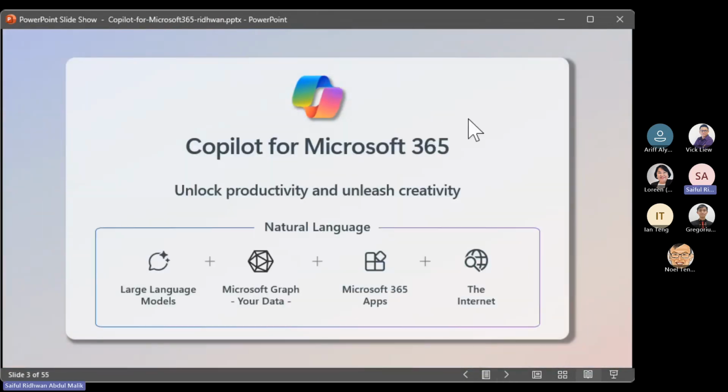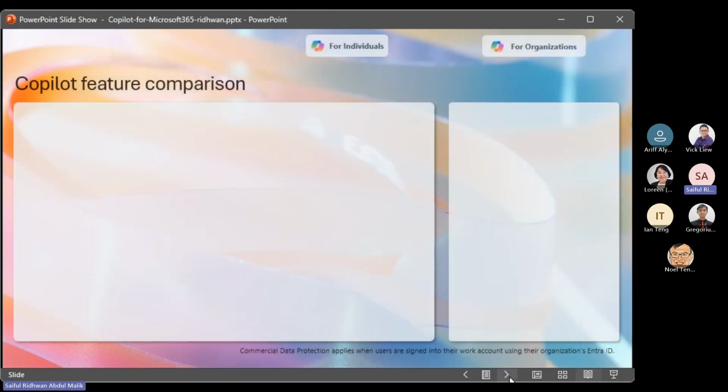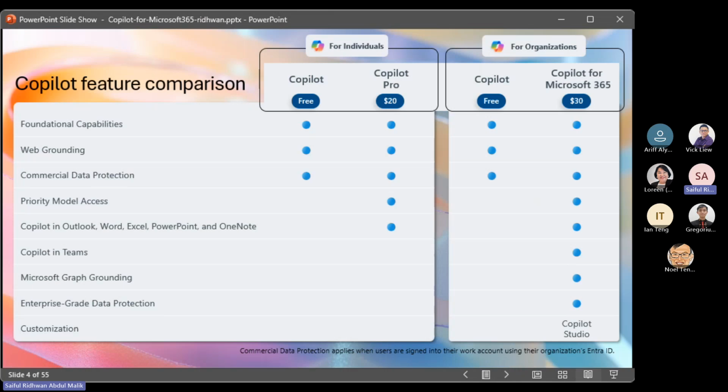So when you talk about Copilot for Microsoft 365, it's basically a product that covers the large language model and also has the capability to use your own data, and is part of the Microsoft 365 apps, and also has the capability to go on to the internet and get some information. So if you want to understand a bit deeper in terms of feature comparison, Copilot for Microsoft 365,